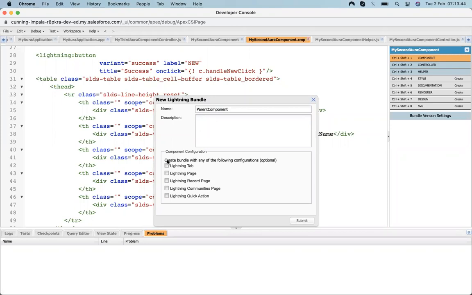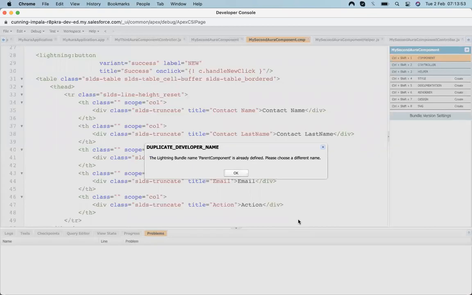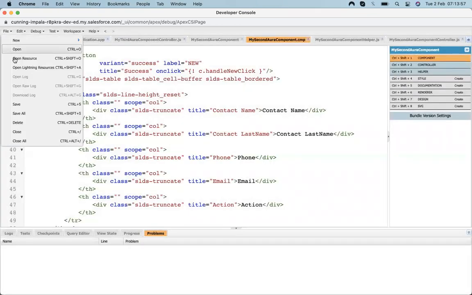I design a parent component and make it available for the designer, just for designing a parent component.